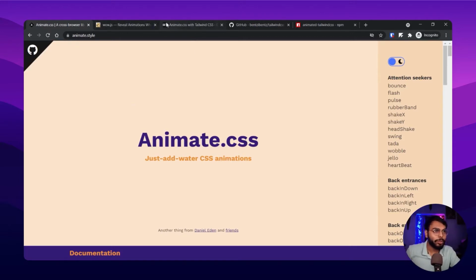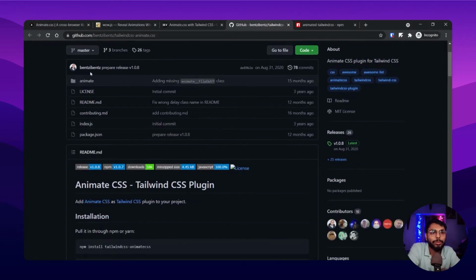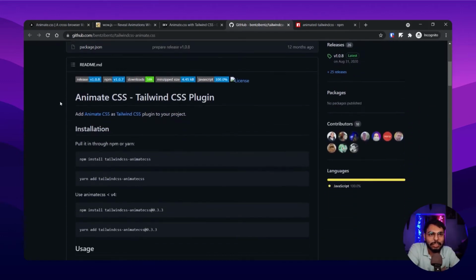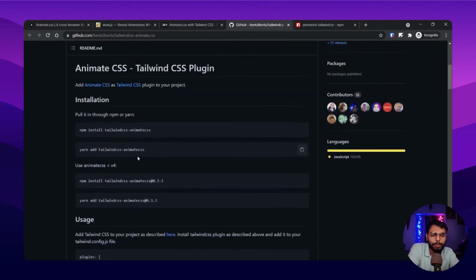What I found first is one GitHub repo of Tailwind animate CSS, by a user named Benz, I think, from his username. He developed this animate.css bundle that you can install with npm install.